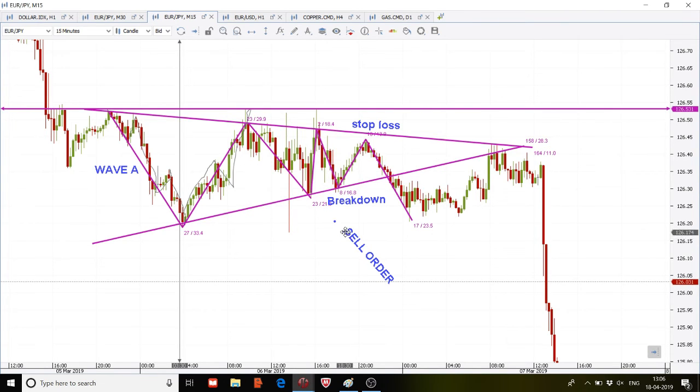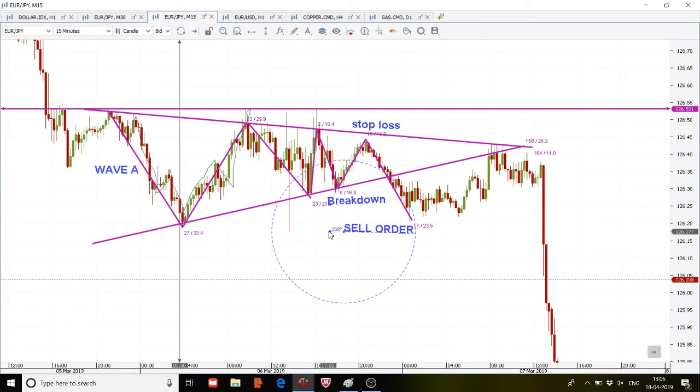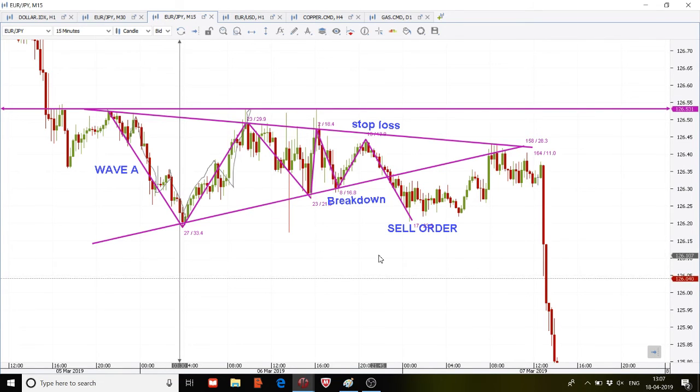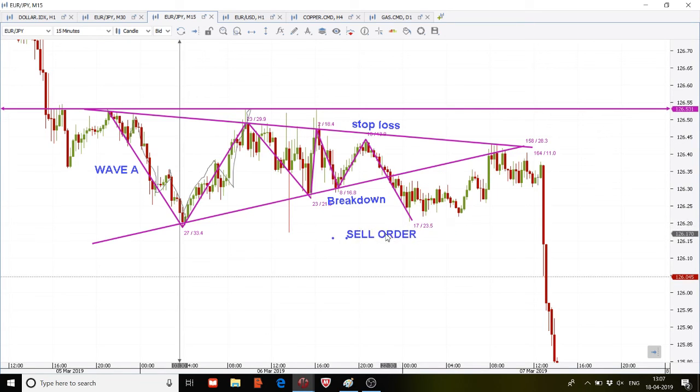Most of the traders who follow a breakout or breakdown system keep a pending order, because you don't know, as the currency pairs keep moving 24 by 7 a day, you cannot be awake all the time. That's why they keep the pending order if they notice this kind of pattern. And it is better to use this pattern on a longer time frame, it will be more